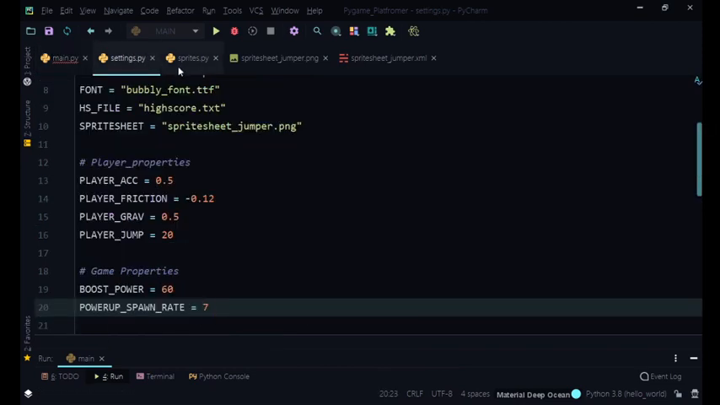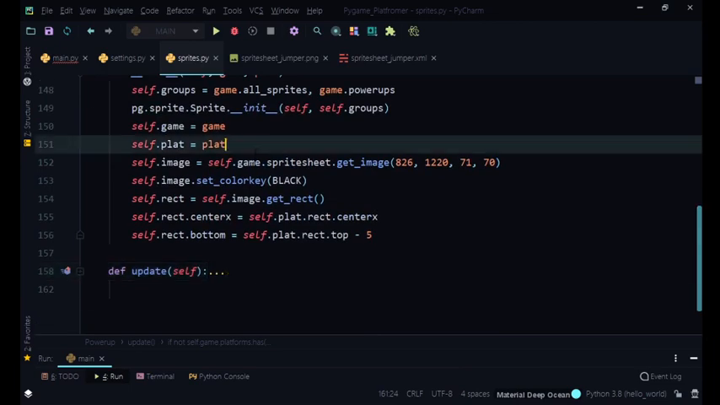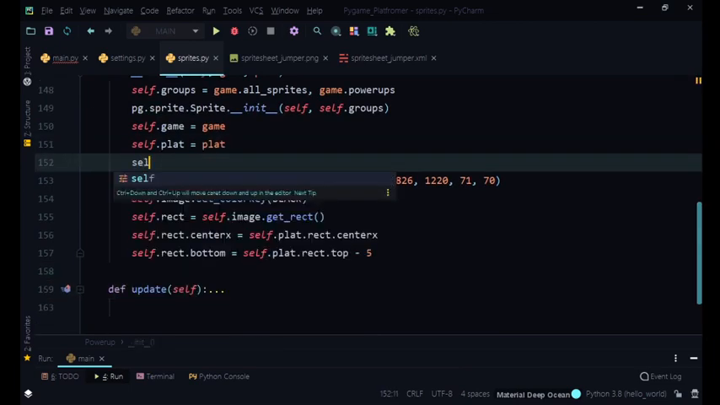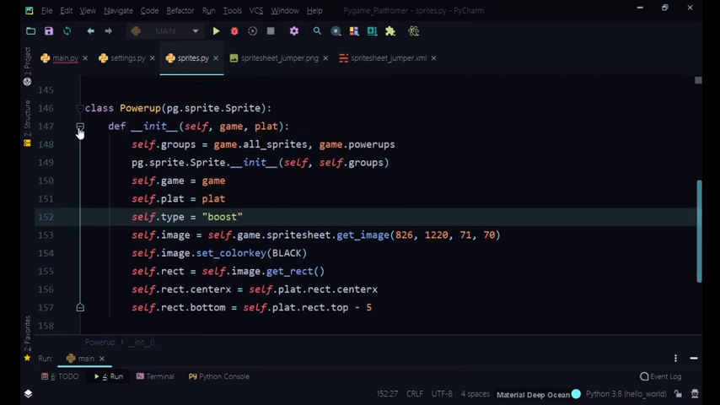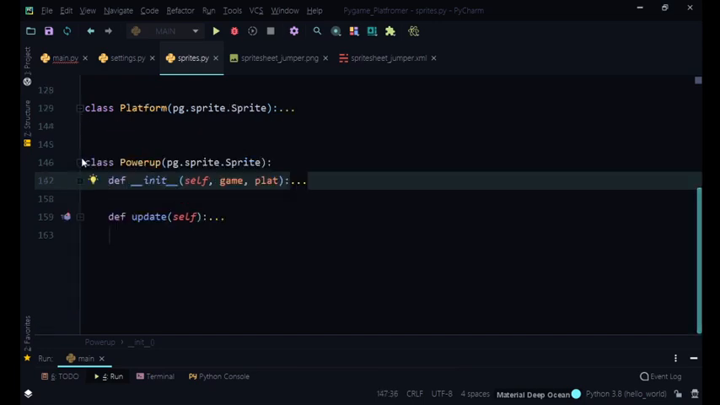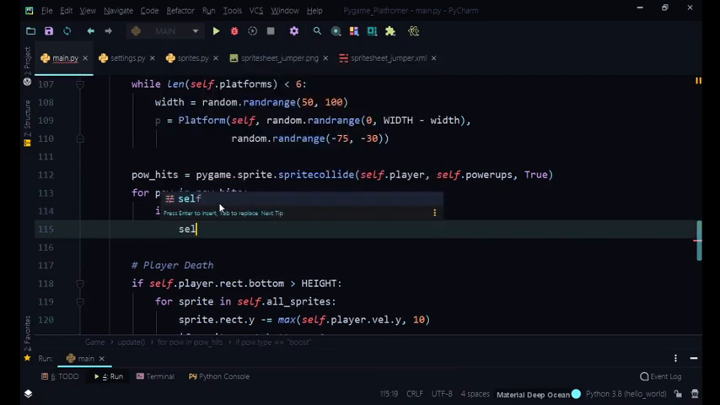Okay, so basically we were supposed to add that type over here. So I'm just going to quickly do that. So self.type is equal to boost by default. I'm doing this so that if you want, you can add different sorts of power-ups, because there's plenty of images for that. So that's why I did this. So if pow.type is equal to boost, okay, if that's the case, then I'm going to say